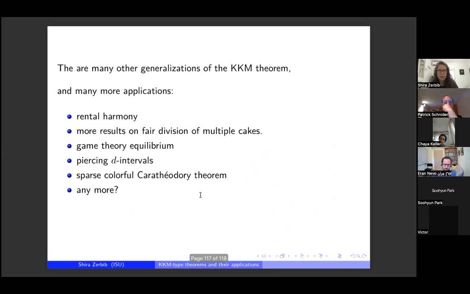Results about piercing the intervals and colorful the intervals. Generalization of a colorful Carathéodory theorem in a sparse way by using a sparse colorful Komiya theorem. And I will be happy if you can find other applications that are relevant to your research. So